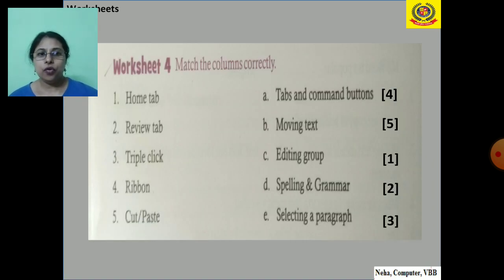In worksheet 4, we have to match the columns correctly. So first one is home tab. Inside the home tab we get the editing group. So on the right hand side, in part C, you will get editing, and in front of that you are going to write 1. In the second point, it is written review tab.